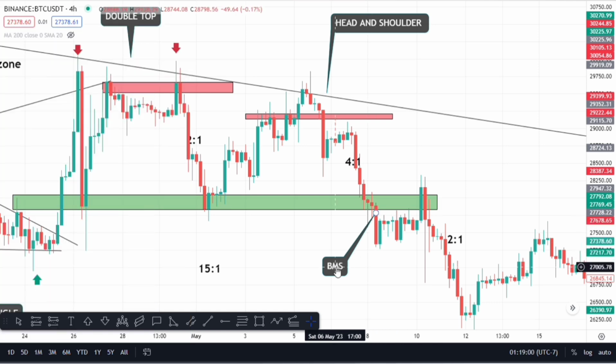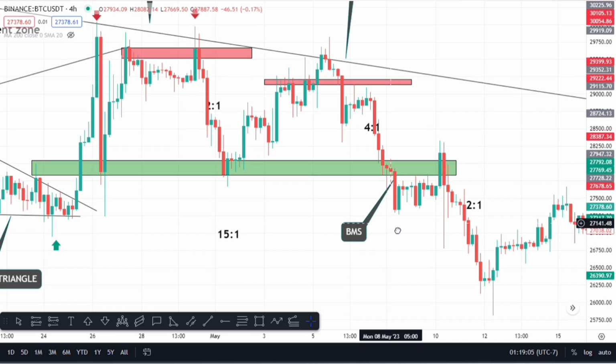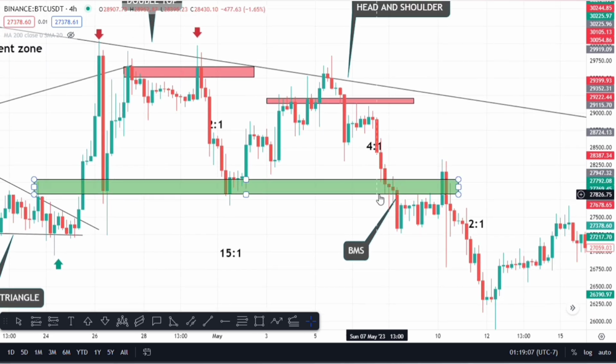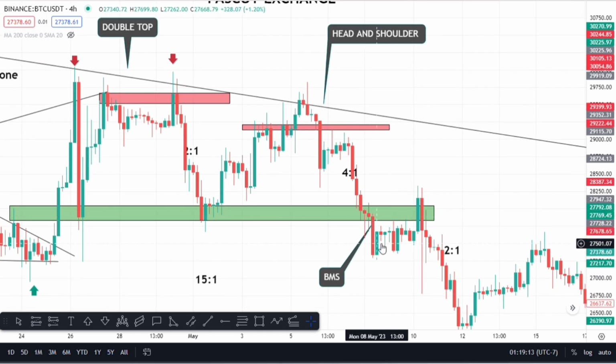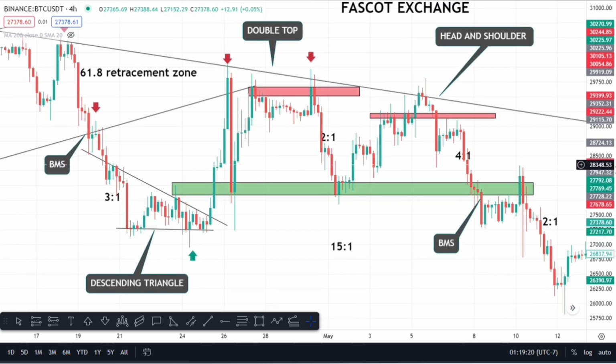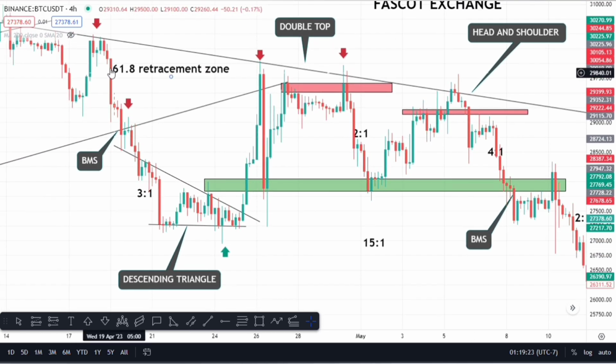I saw a break of market structure, BMS, break of market structure. For those that don't understand, a break of market structure means it has broken this, and this place was holding as a support, but now it's broken. So immediately it's broken, what do you expect? You are waiting for a retest, just as a normal thing the price does in the market, because here, after breaking out of this